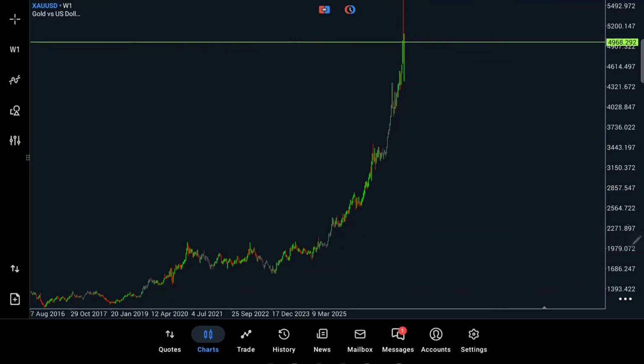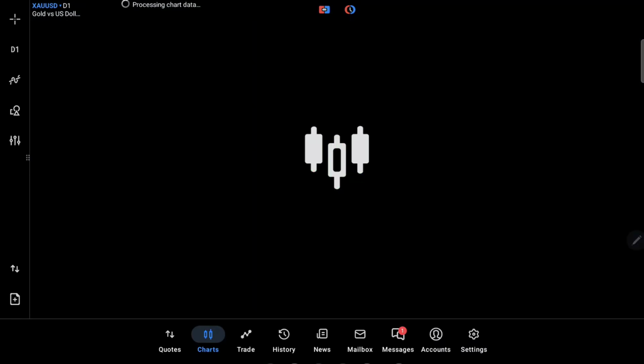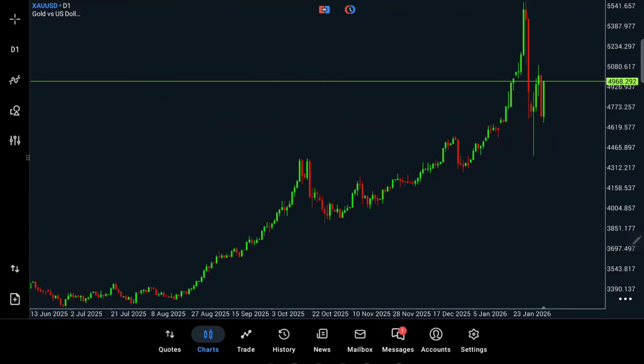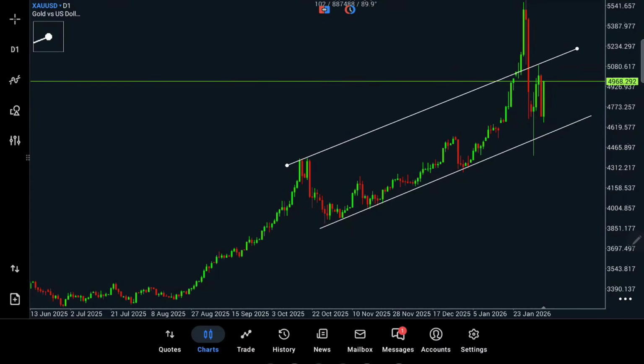So let's get back to the lower time frame, the daily time frame, and try to find our pattern and momentum. As per our trend line analysis, if we want to find our lower trend, that means the bearish trend, and our upper trend, as you can see, it could be exactly that. The market has been following that channel or pattern for a long time. There is a breakout again, it comes back, and again tries to go up. That means that could be a valid trend line.